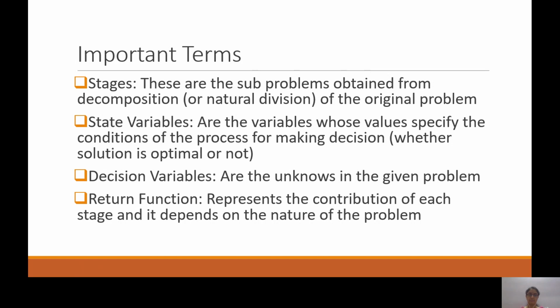These are all the possibilities. Okay, and out of that, whichever is optimum, for minimization, whichever is minimum, will give you the outcome of minimization. For maximization, whichever state variable is maximum, it will give you that particular maximum solution. Then decision variables, these are the unknowns in the given problem. As I've told you, these are the n number of variables that we will consider.